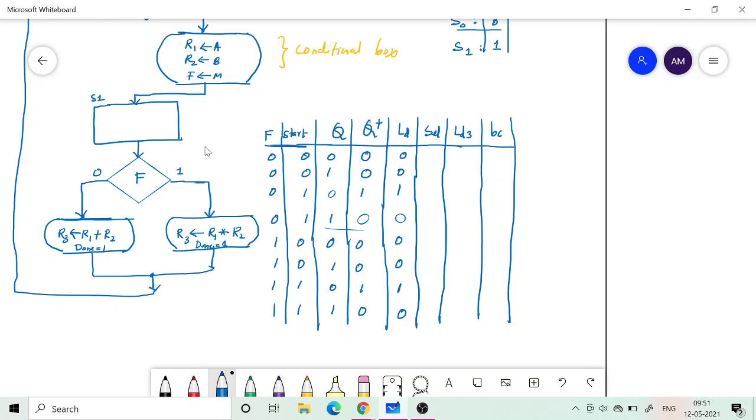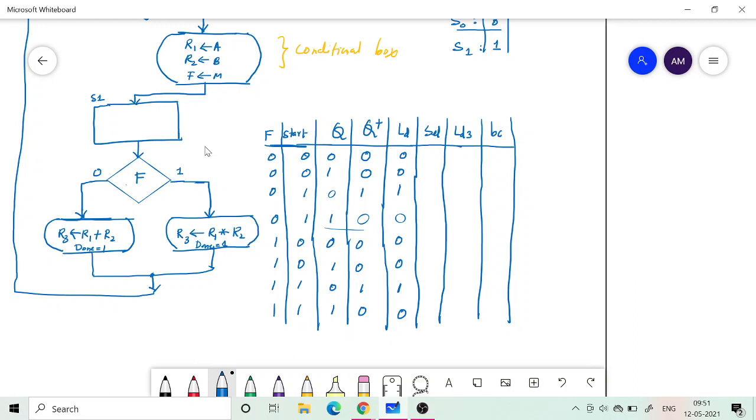Select is the control input of the multiplexer. When should it be 1? When should it be 0? Whether it is at state 0 or state 1. S0 or S1? S1.